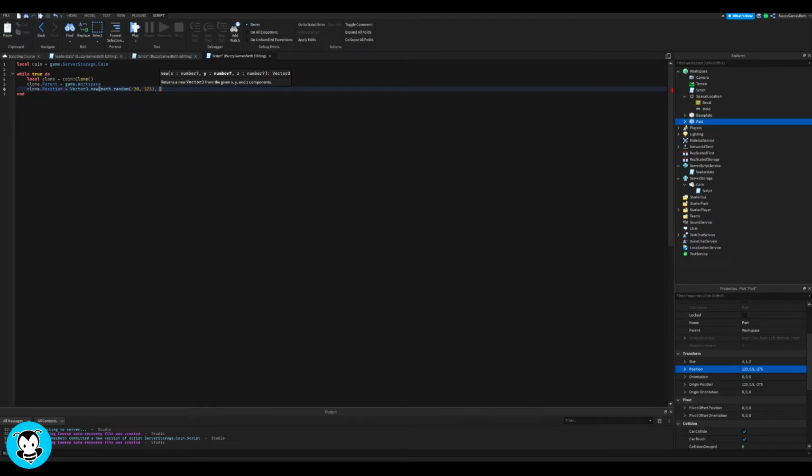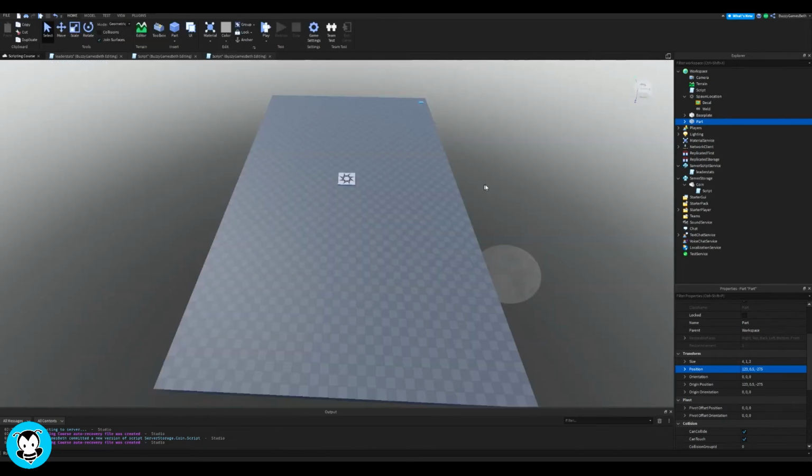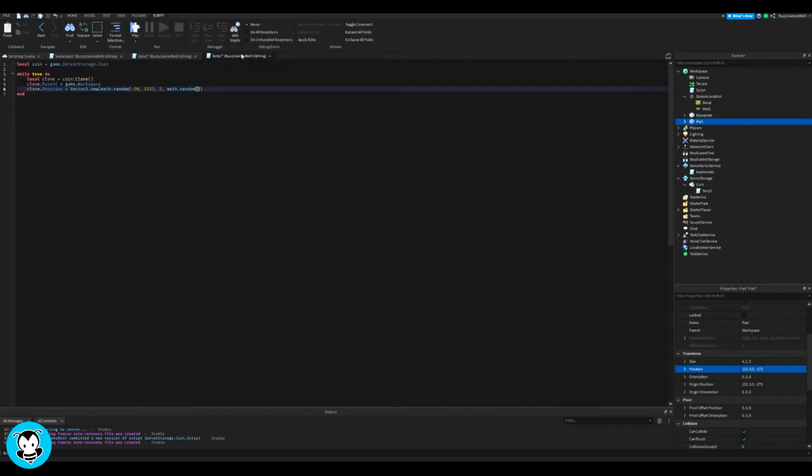For our Y, we're just going to keep it at 2, because we want to make sure players are able to actually collect the coins, so it's not floating too high up in the air or too low. For our Z coordinates, we're going to do math.random, and of course, we're going to do the same thing as we did with the part. Right now, it's at -275, so I'm going to write -275,